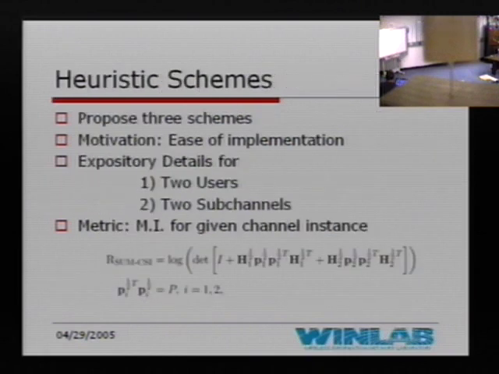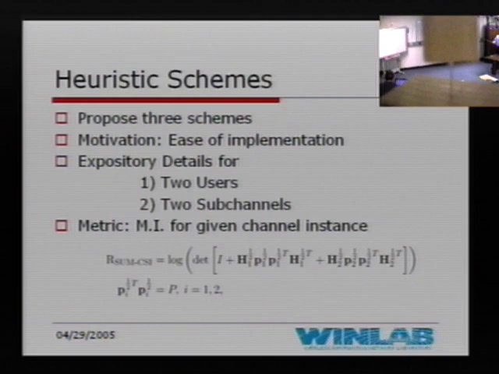Since we don't know what the optimal is, we propose some heuristic schemes for the multi-user case. What is competitive optimal? It's like saying each user tries to do as best as they can, and each of them reaches some sort of equilibrium point where no one of them can do better by increasing his or her own power. But that need not be a global optimum. It's a similar problem as in the interference channel, where the optimal information theoretic solution is also not good, so you look for some sort of distributed solution. Each user tries to do as best as they can, which is some equilibrium.